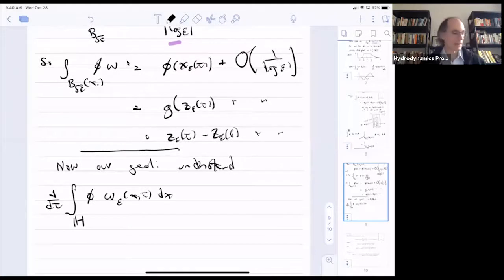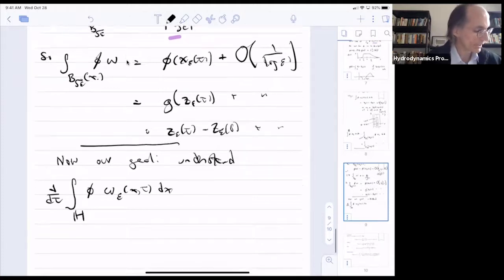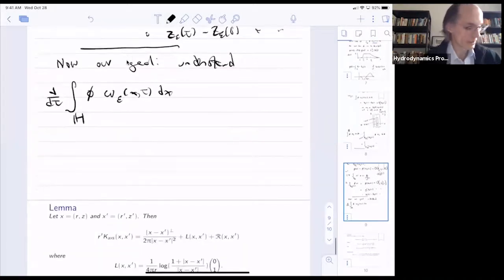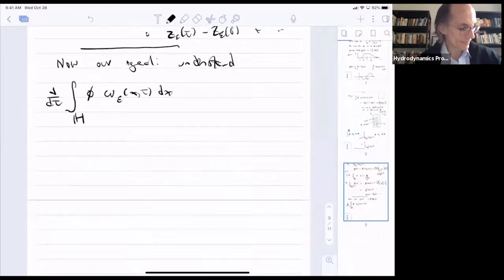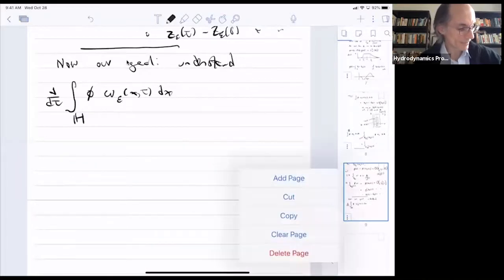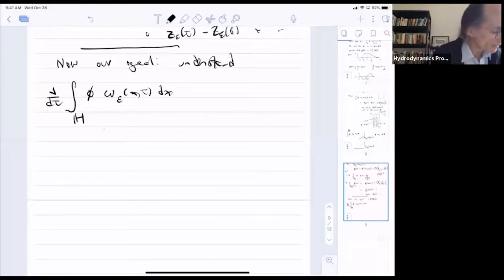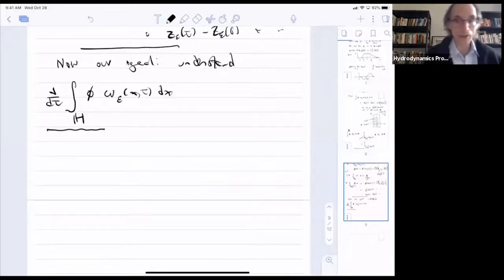Okay, and that's what I want to do. And so for this, we have to recall the equation. And so the equation is